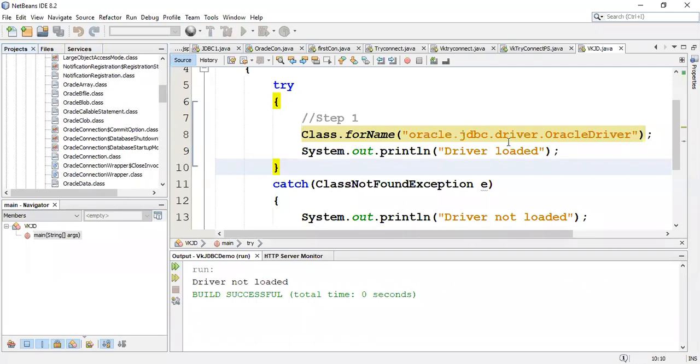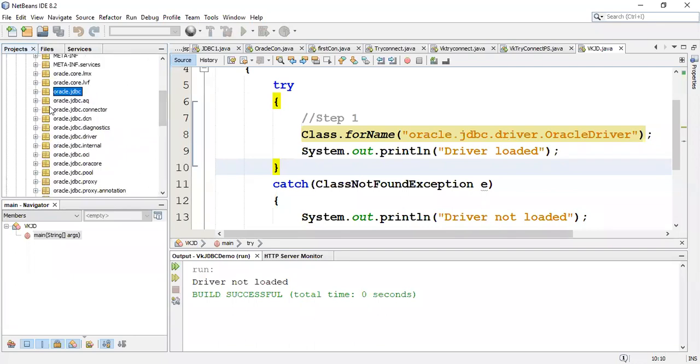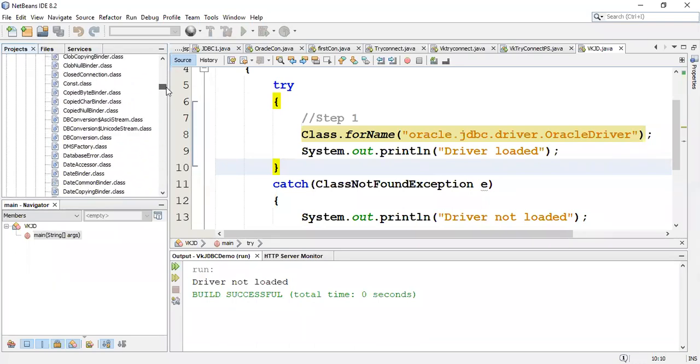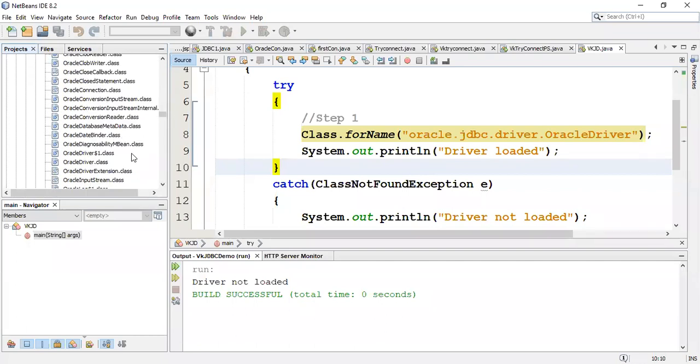Now, which class name am I using? Now I'm not using oracle.jdbc, I'm using oracle.jdbc.driver. Sorry. So I will scroll down and explore this oracle.jdbc.driver. This is just for verification. You don't have to do this step compulsorily. I'm just showing you why it is required. Once you add the library, you have to search whether this Oracle driver class is present here. If you scroll alphabetically, you will find Oracle driver.